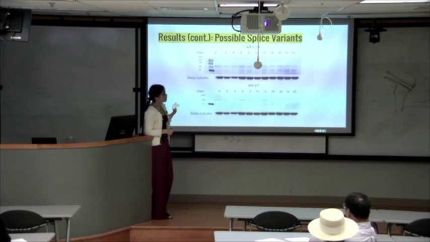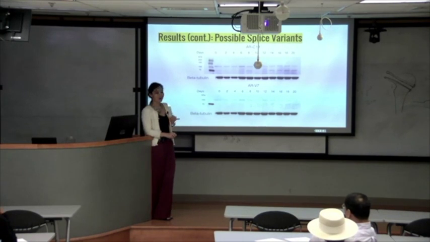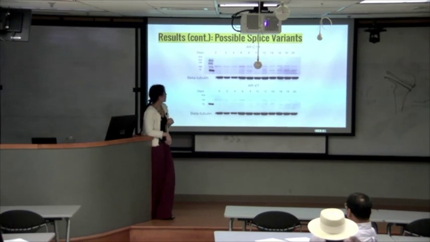Full-length androgen receptor falls at 110 kilodaltons, so the bands you see up here for the 20 days is our full-length androgen receptor. And we found lower molecular weight bands, very distinct ones, appearing on day 8, and here at 75 kilodaltons. And then the bands disappear, and then a very distinct band appears again at 14 and persists throughout the remaining days. And we observed similar trends using ARV7.